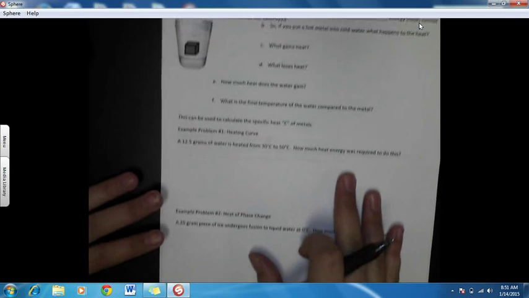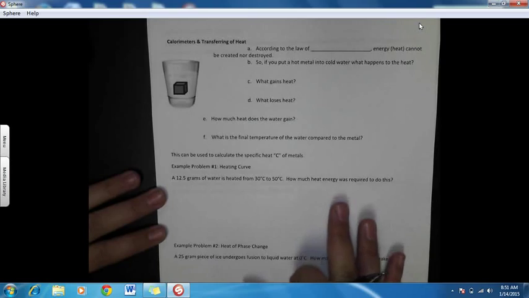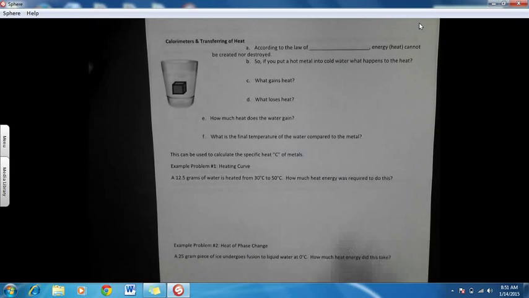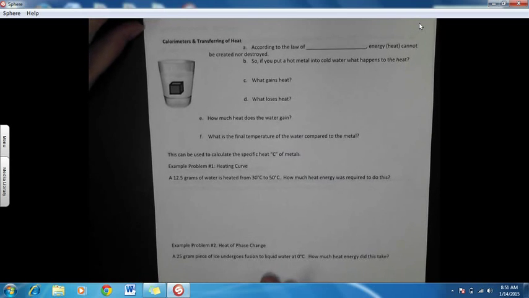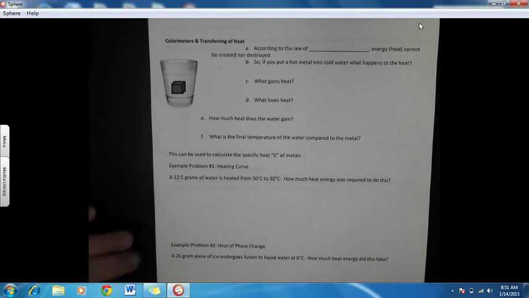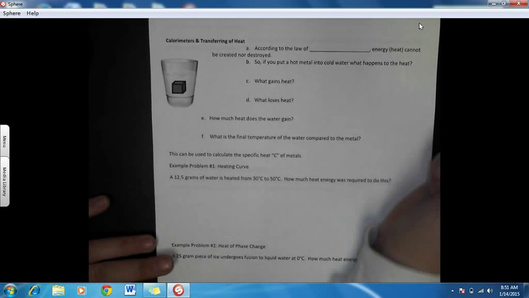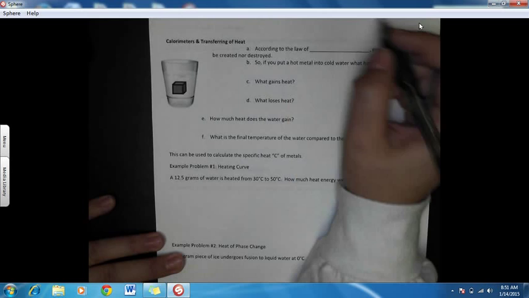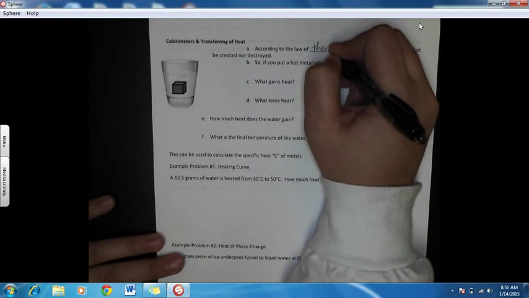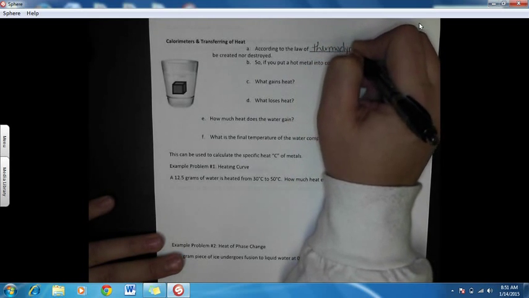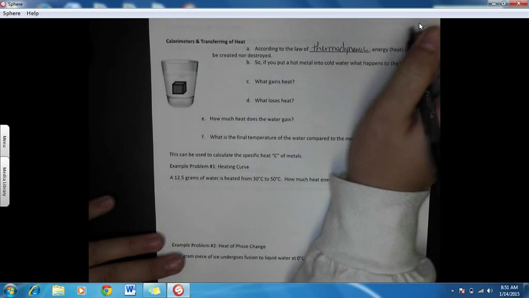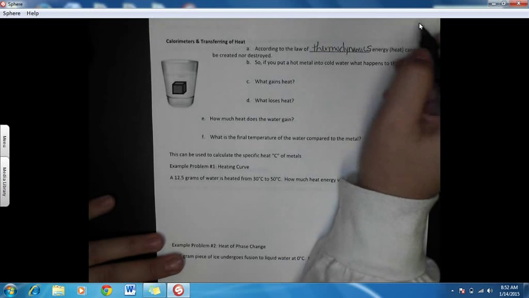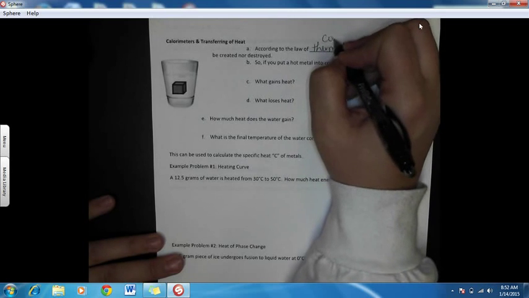Alright, so let's look at some problems, some instances of where we'll use this information. Alright, so we can do a process called calorimetry. Calorimetry is just a process where we can determine a change of temperature of a substance. And so according to the law of thermodynamics, which in this case we're focused on conservation of energy,